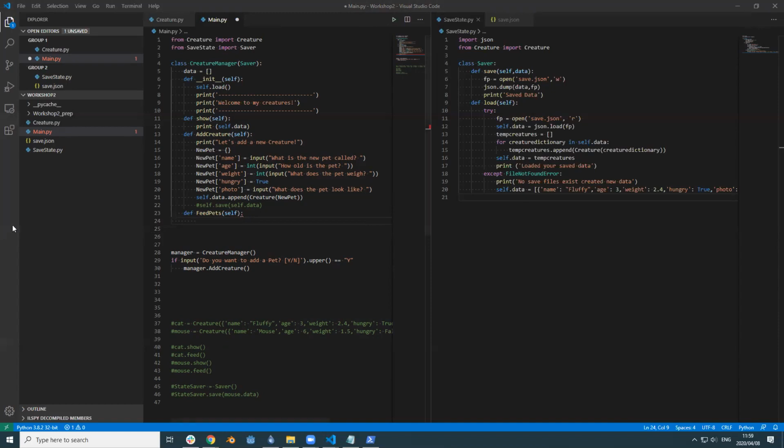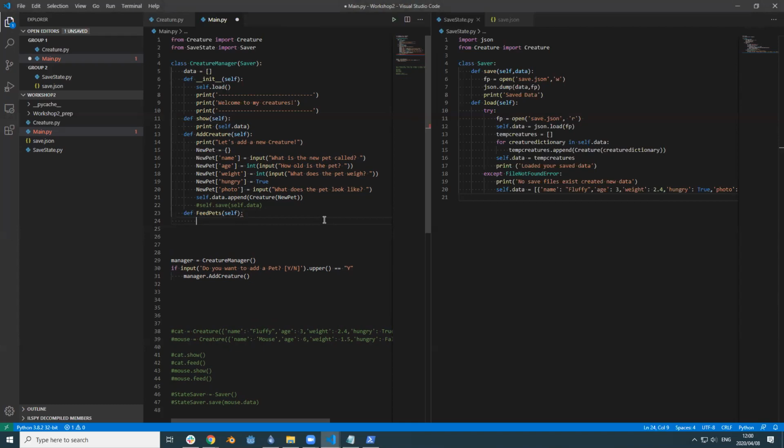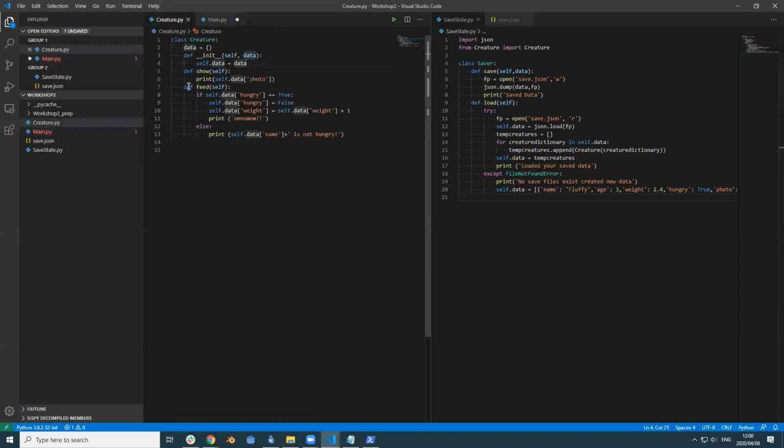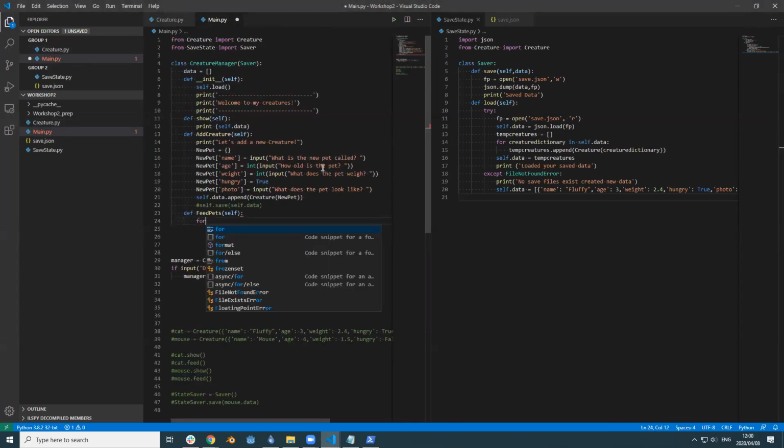Okay, cool. So we've got our function here, that's our self. So then we know we've got our list of our creatures. What we want to do is simply go through all our creatures and ask them to be fed, because our creatures have a function inside of them that feeds them. So then we go for each one of our creatures